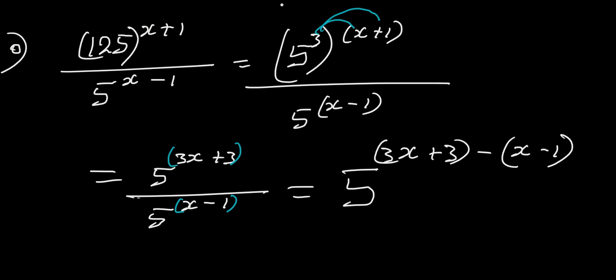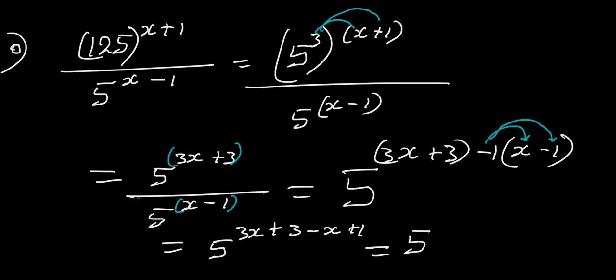So now this negative sign in between can be written as negative 1. So we are going to distribute this negative 1 into x and also 1. So when we do that, as we clear the parentheses, this will become 5 exponent 3x plus 3. Okay, so negative 1 times x is negative x. Negative 1 times negative 1 is plus 1. So this will be equal